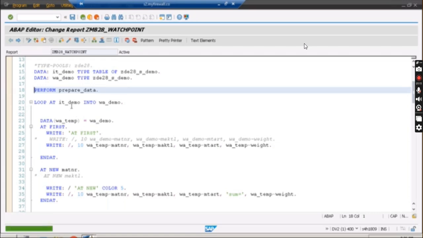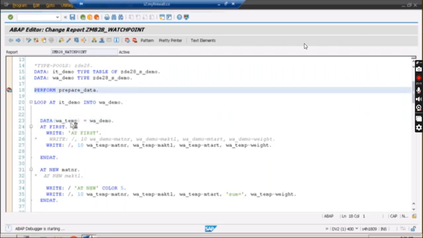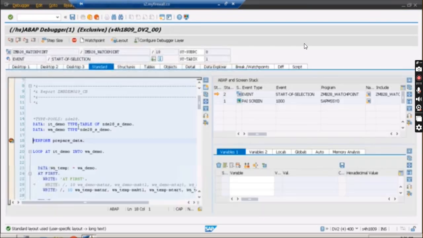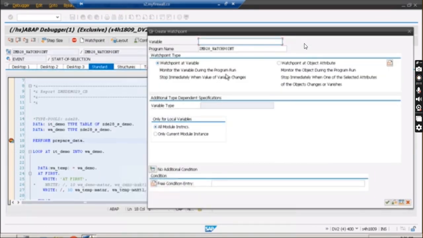Now you might be interested in this: whenever some particular value is going to be changed, your watch point should trigger and it should stop. See, for the material number it was giving the error, right?